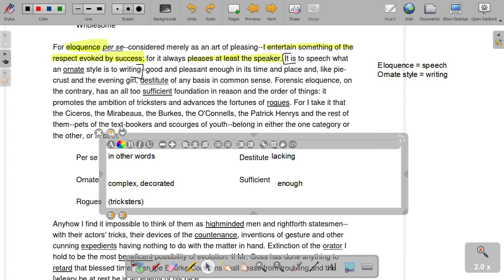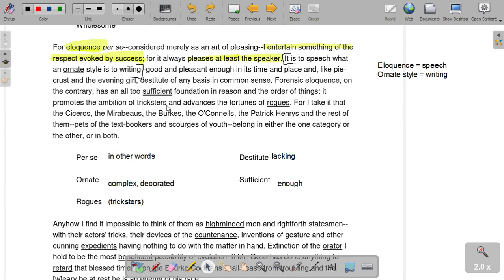That's why I'm teaching you how to figure out words in context, not because I really care whether or not you know what these words mean. I just want to see how you do being able to figure it out on your own. So like this one, for example, it's okay that you don't know what a rogue is, but it's not okay if you don't know how to figure it out based off of the context. So in this one, it's fairly easy because we have a synonym.